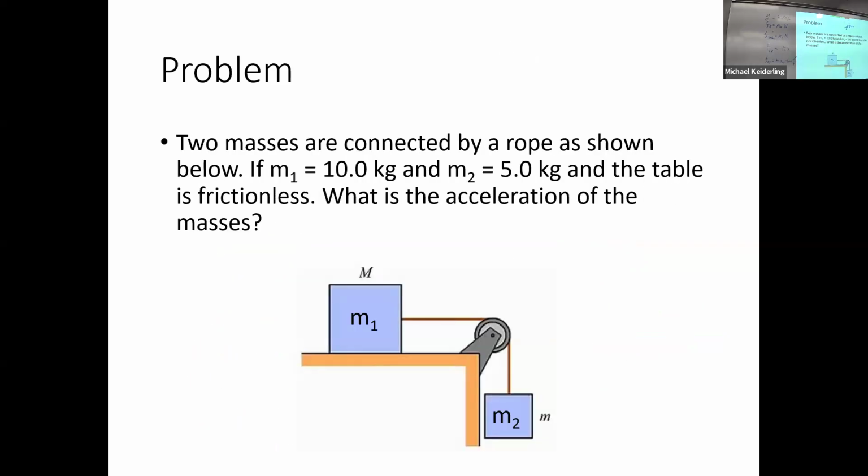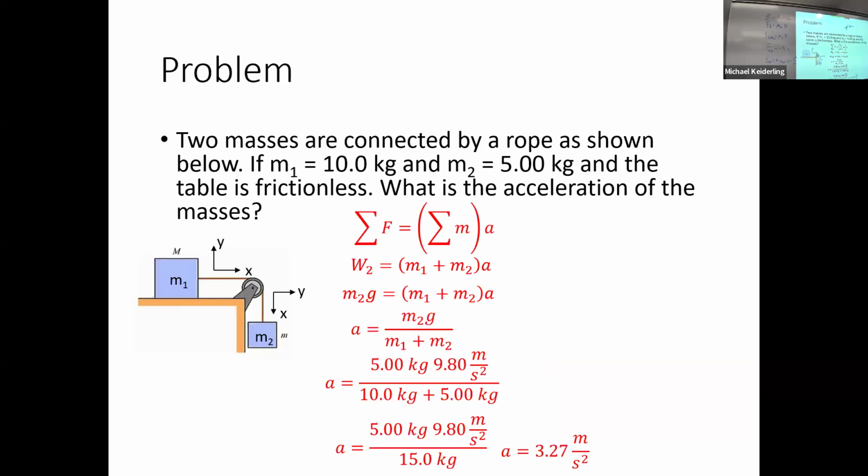Here we have two masses connected by a rope, as shown below. If mass 1 is 10 kilograms and mass 2 is 5 kilograms and the table is frictionless, what is the acceleration of the masses? So I believe I put the solutions on the next slide. So here,